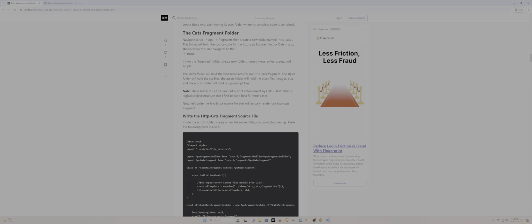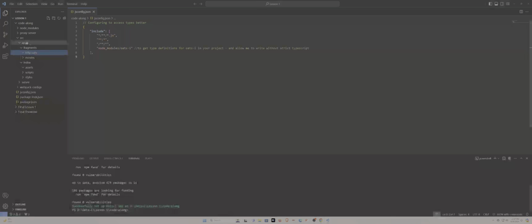And what we'll do next is create a couple of subfolders inside here. We'll have views, styles, assets, and scripts. Views folder, scripts, assets, and styles. Now, there's something that I need you to take note of, specifically when it comes to naming the